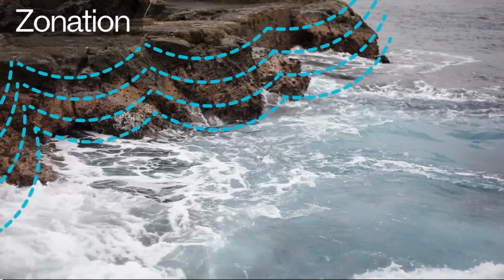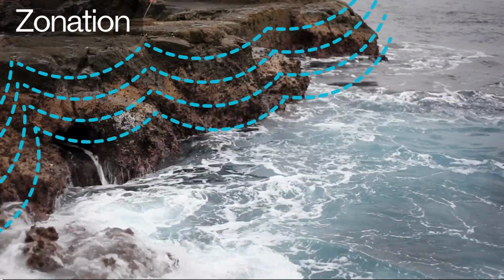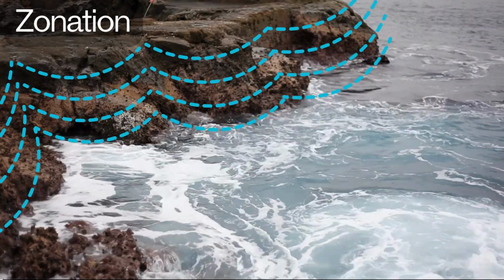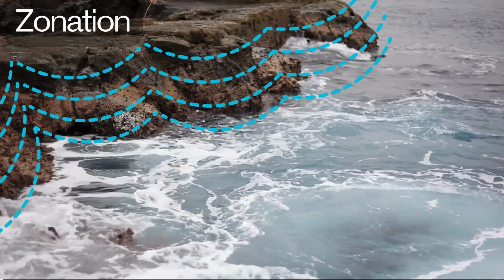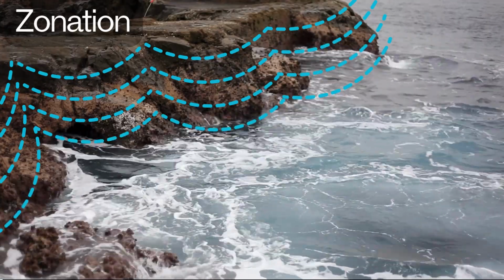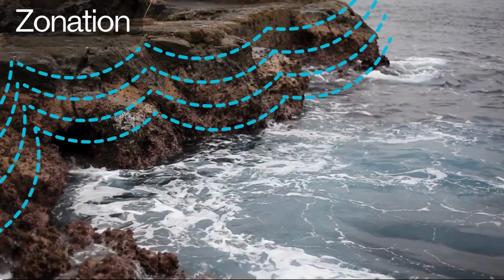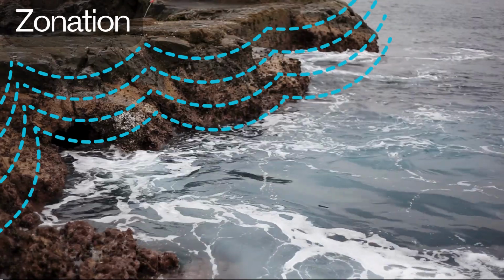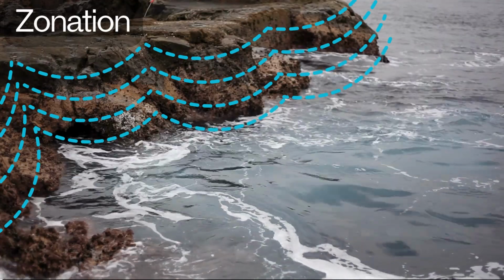In my last video, we explored three community patterns: zonation, stratification, and succession. For Year 12 biology students, understanding zonation in more detail is essential for their assessments. So, this video is dedicated to those who want a deeper dive into the organisms found in the intertidal zone